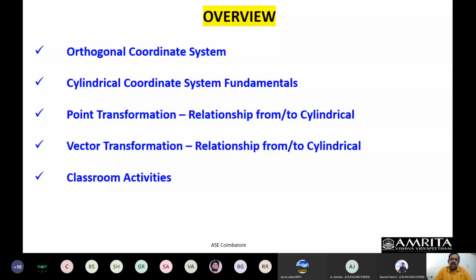It is very cumbersome in such a case, where there is a distribution of the charges or the currents in various configurations. It is not always easy to deal with those with the rectangular coordinate system alone, that is, the Cartesian coordinate system alone. A problem which will be difficult to tackle with the Cartesian coordinate system can be easily tackled with a cylindrical coordinate system or a spherical polar coordinate system.